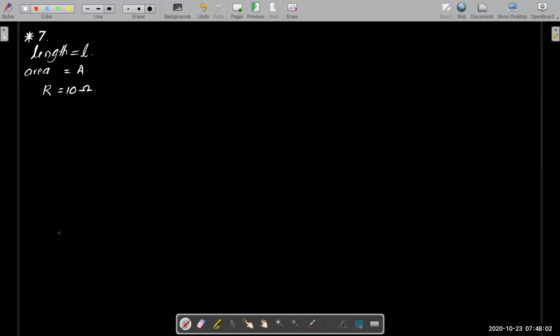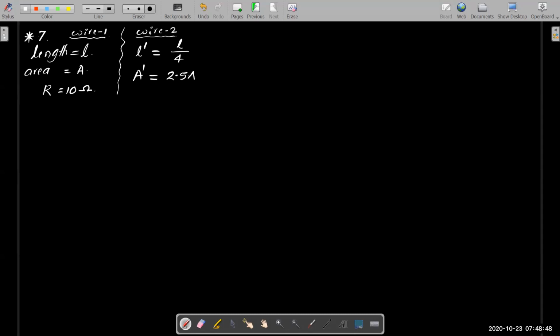What would be the resistance of another wire of the same material having the length L divided by 4 and area of cross section